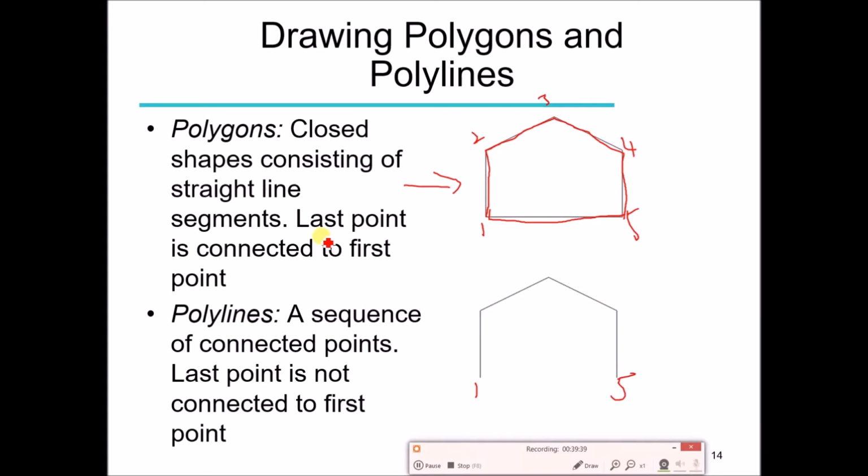oval, triangle, these are the simple shapes. In order to construct more complex shapes, we use polygons. And we can also use the polygon to construct a simple shape. To construct a rectangle, it is not compulsory to use the draw rect method. We can construct the rectangle using the polygon. In that case, our polygon will consist of 4 points, which are the 4 corners of the rectangle.